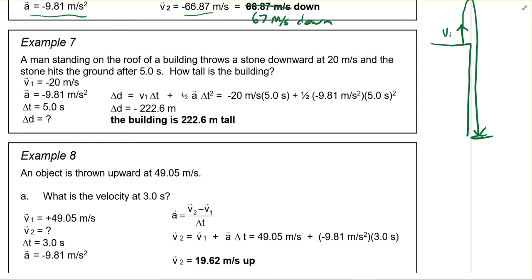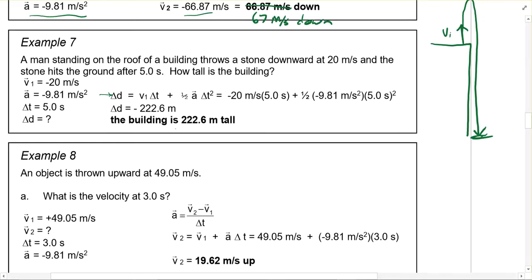VF was the thing that never even came up in this question, and we're not looking for it, so I'm going to use the formula that doesn't even have VF in it. So I'm going to plug my numbers into this formula. Nothing even needs to be rearranged here. Make sure you keep track of your negatives though. And if you do that, you end up with negative